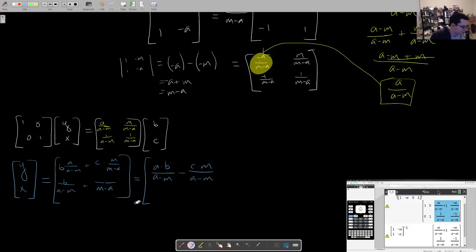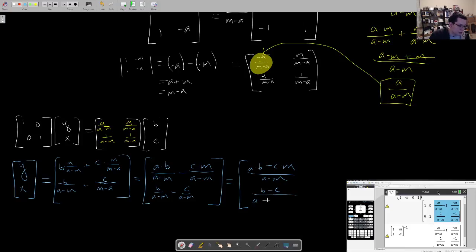And that should be a c. b over a minus m plus c over m minus a minus c over a minus m equals a times b minus c times m over a minus m, and b minus c over a minus m, which, if we look back here